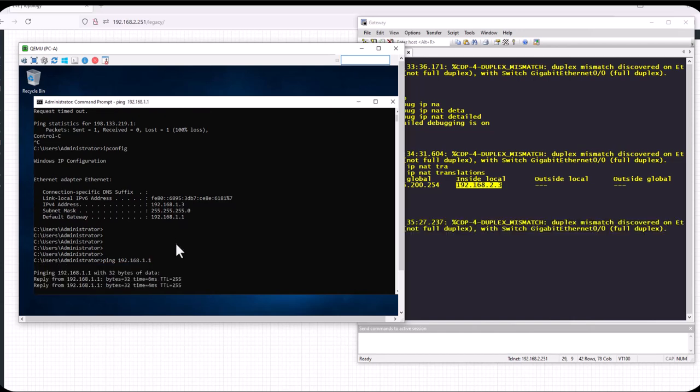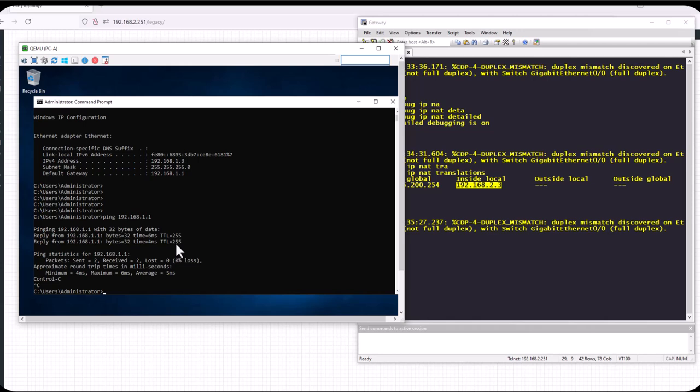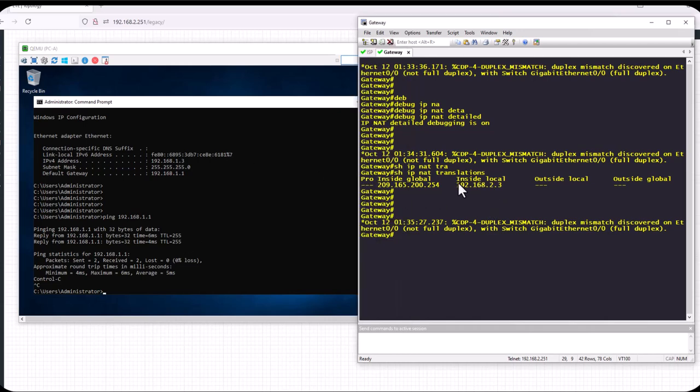I can ping the gateway, but I cannot ping that external IP address. I can see that this IP address is wrong, it is 23. So let's check the